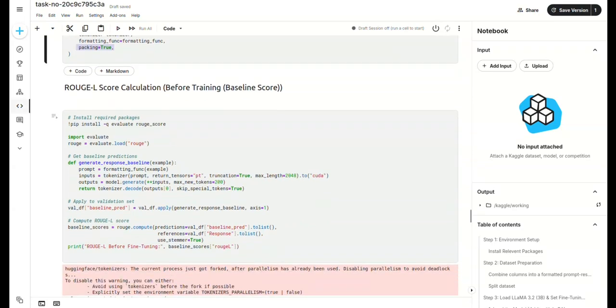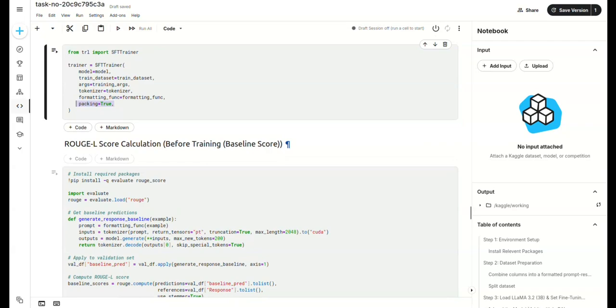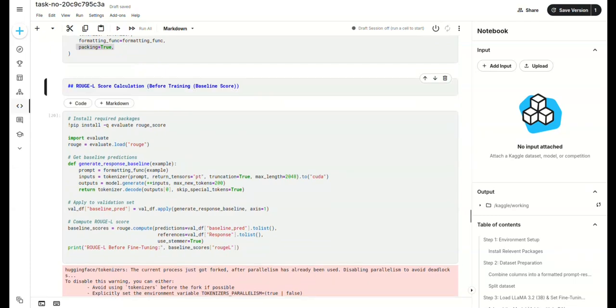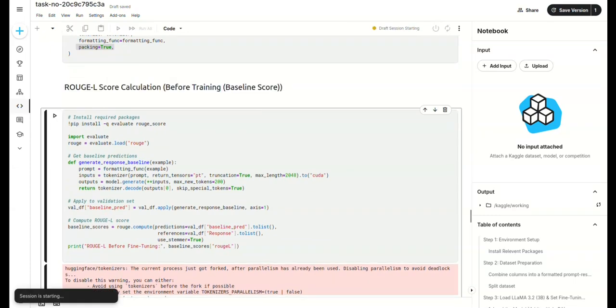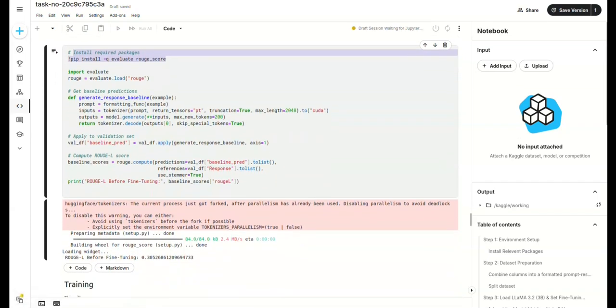Before we start the actual training, let's calculate the baseline performance metric using the ROUGE score. We start by installing and importing the evaluate library and then load the ROUGE metric. Next, we define a function called generate response baseline, which takes a validation example, formats it using our custom formatting function, tokenizes it, and generates a prediction using the base model before fine-tuning.